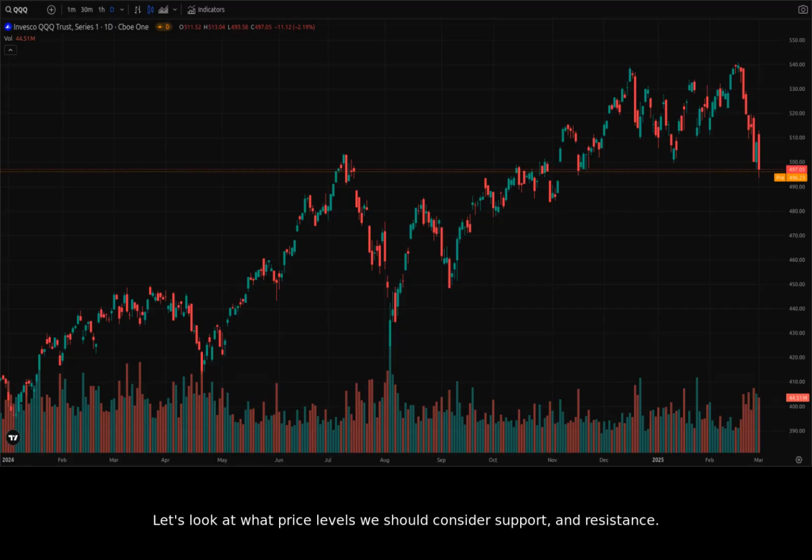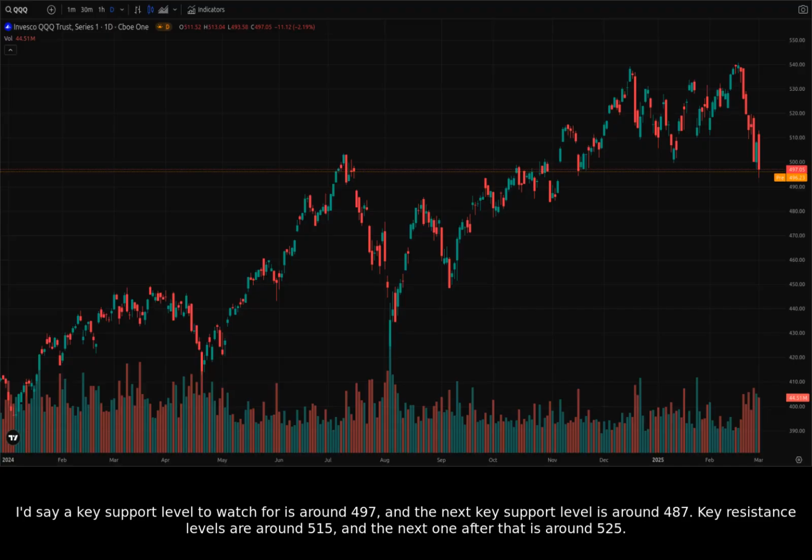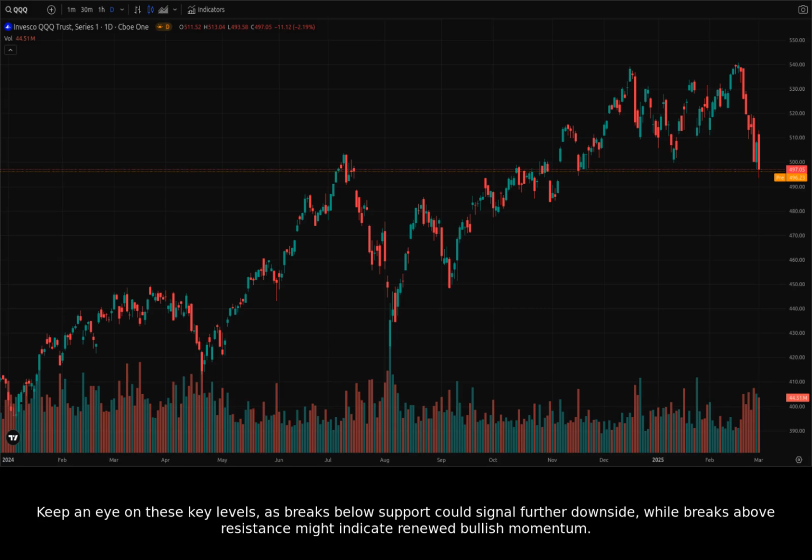Let's look at what price levels we should consider support and resistance. I'd say a key support level to watch for is around 497, and the next key support level is around 487. Key resistance levels are around 515, and the next one after that is around 525. Keep an eye on these key levels, as breaks below support could signal further downside, while breaks above resistance might